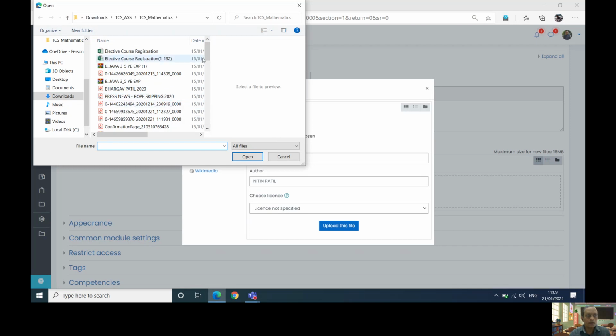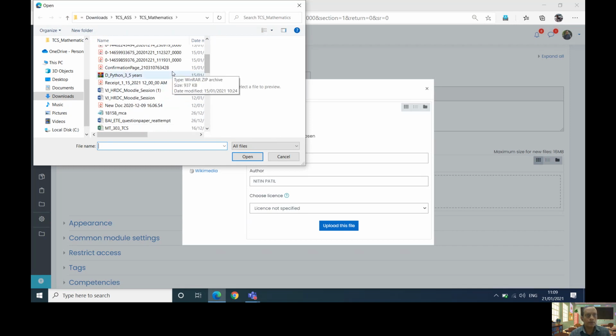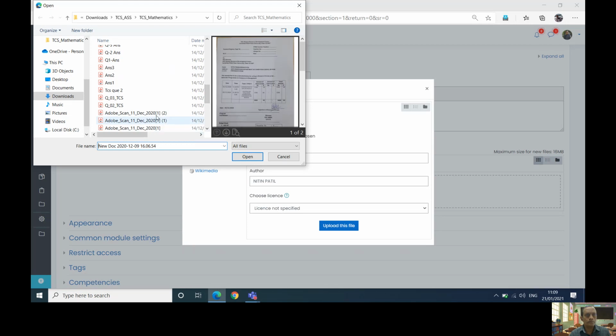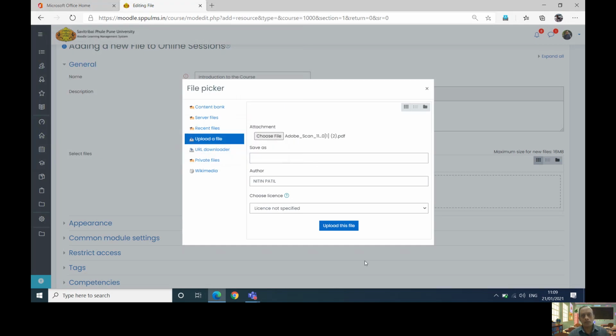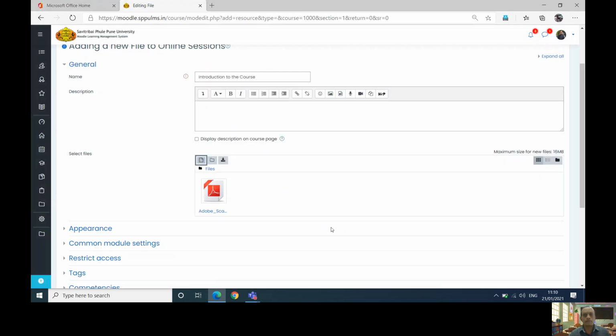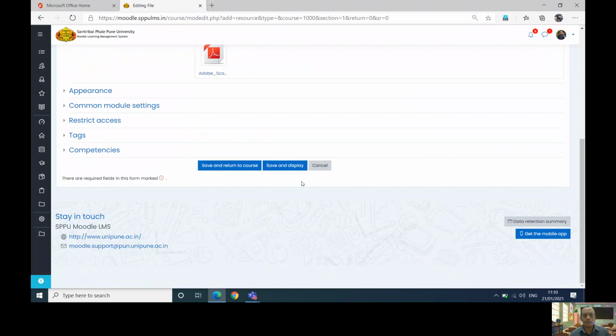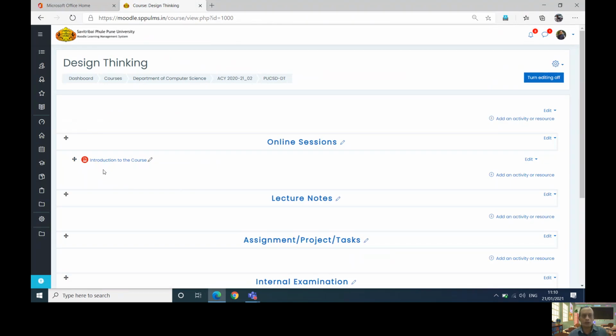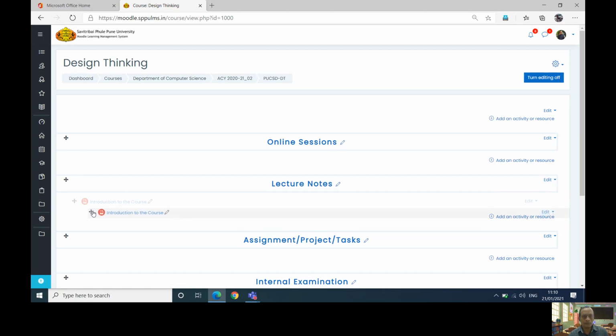Say, let us take one file over there. So let us take this, okay, and simply say upload a file and say save and display. So ultimately, whatever data you want to add, that could be added. Now you see that I want this to be lecture notes, so I can simply drag and drop it here.